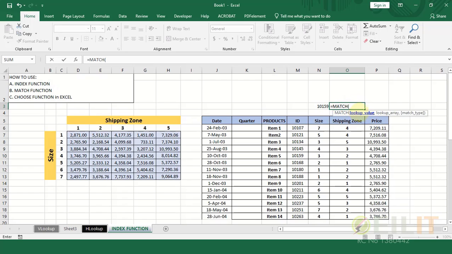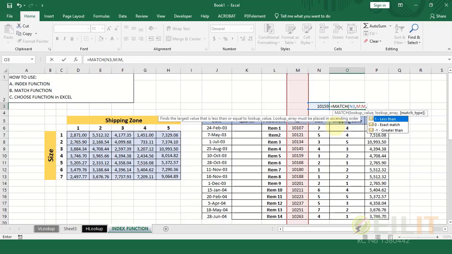Under MATCH, we have a lookup value. So what is a lookup value? This is a lookup value, and then you put a comma. What is a lookup array? Here is a lookup array. So we have this as a lookup array. Then the next is a comma. You use either less than